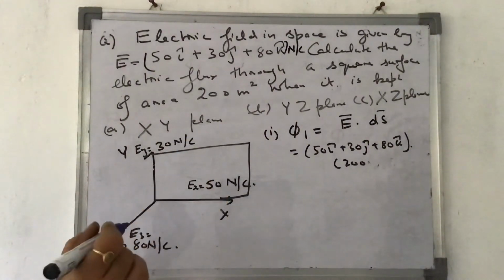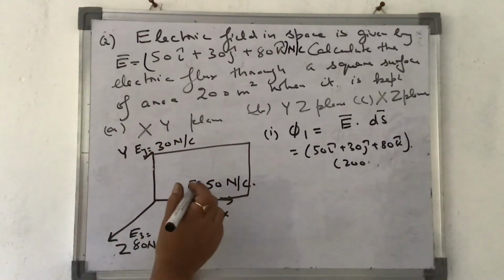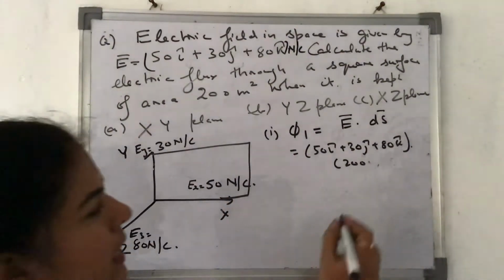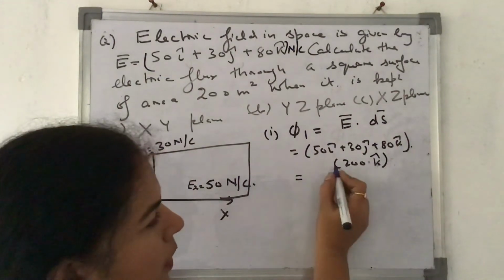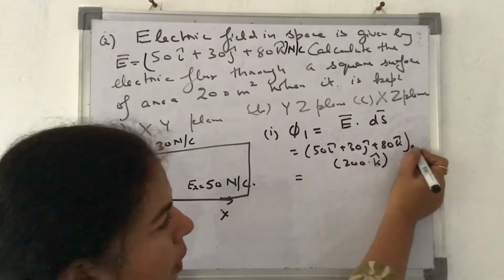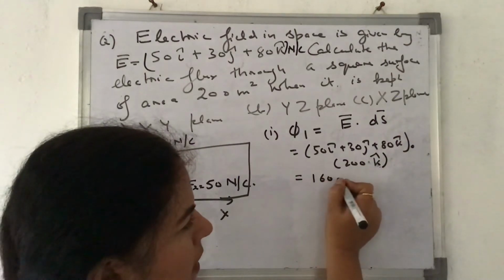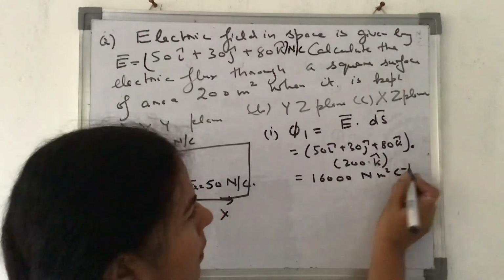It is matching with which one? Z axis. ये अगर हम XY plane बनाते हैं, इसका डायरेक्शन कहाँ होगा? इसका डायरेक्शन ऐसे बाहर की तरफ होगा. तो इसलिए it is 200 k, so it becomes what? Rest it is dot product, so I need to multiply this K component with only this. It becomes 16,000 Newton meter square per coulomb.